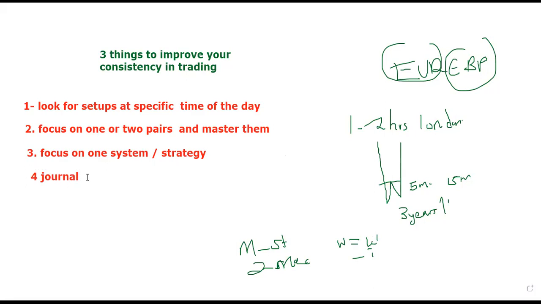So every trade that you take, you must write, for example, what you have observed in the market. For example, if you enter a trade, then a trade goes against you, then you must write a reason why this trade made a loss. Because let's say, for example, you entered late, just type that observation of yours. So when you type observations every time when you exit a trade and when you enter a trade,